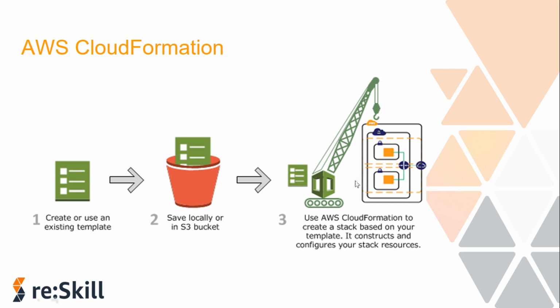So what's happening here? As you can see, I just created a template, either in JSON or YAML. Then I have to store it in a version control system. I can save it locally, or I can store it in an S3 bucket. Then I will upload that template in CloudFormation. The CloudFormation engine will process that template and it will create all the resources that were written in this template. And that set of resources will be known as the CloudFormation stack.